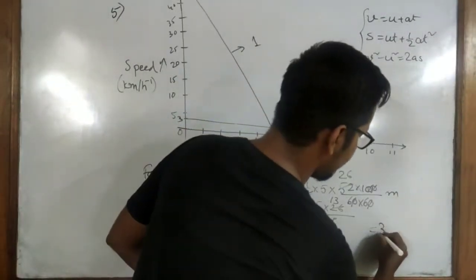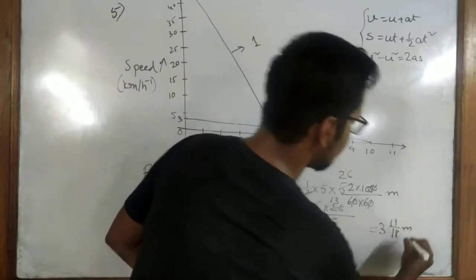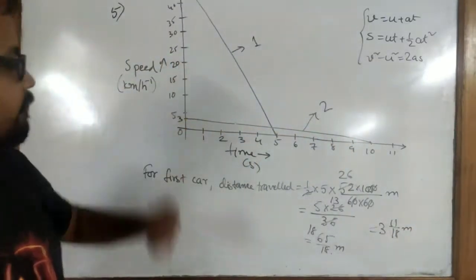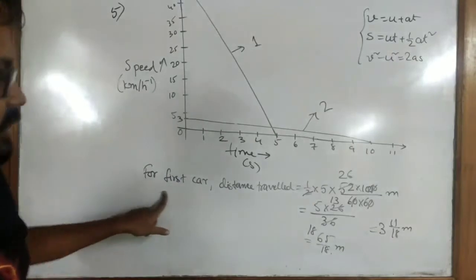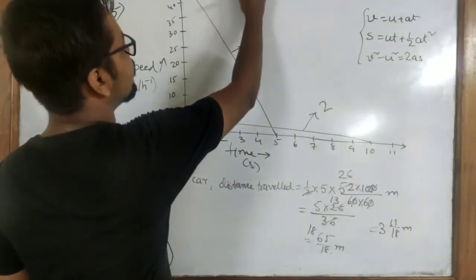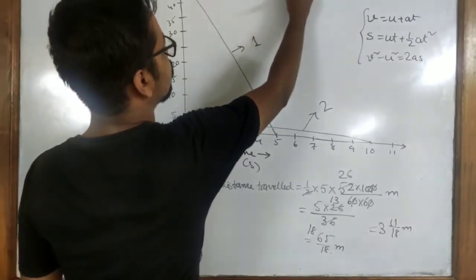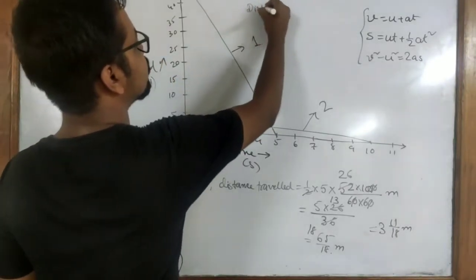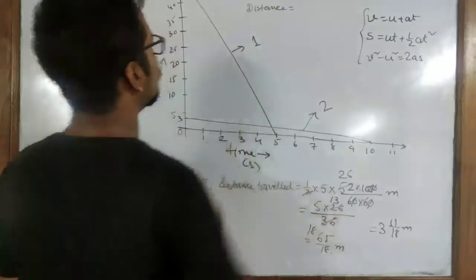The answer is 3 and 11 by 18 meter. That is for the velocity, the distance traveled by the first car. Now we have to find the distance traveled by the second car. So for the second car, the distance is equal to